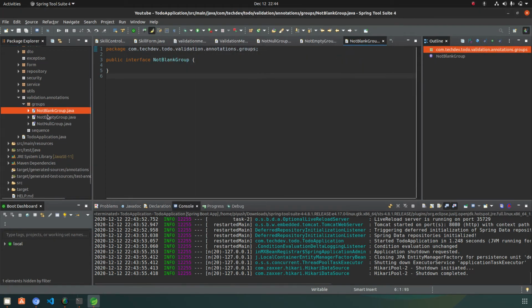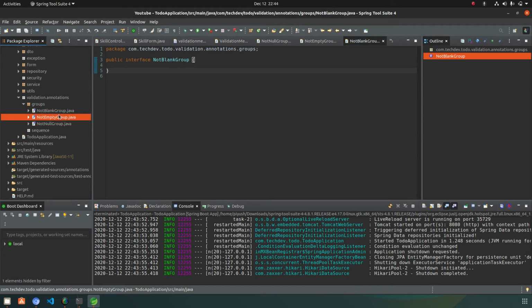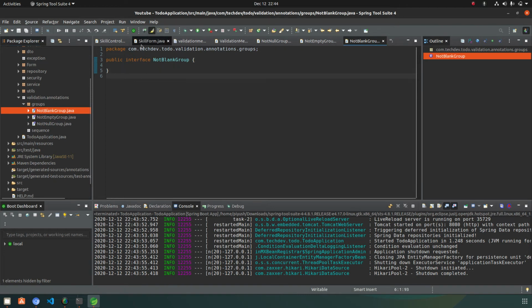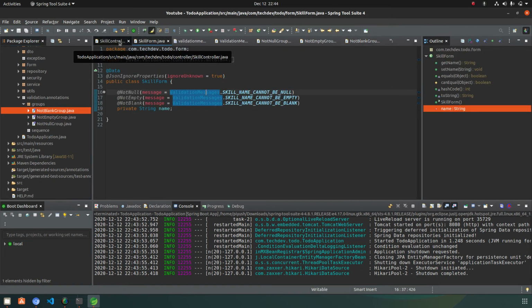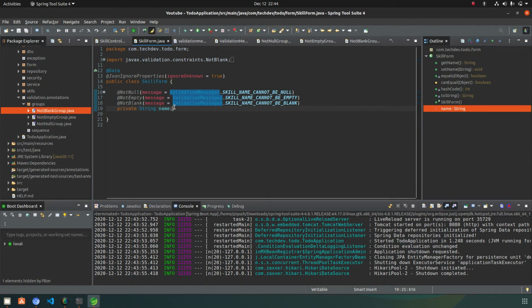You need to remember that these groups will only be interfaces, not classes. You have to remember this. So we have created the group for the not null constraint, the not empty constraint, and then the group for the not blank constraint.